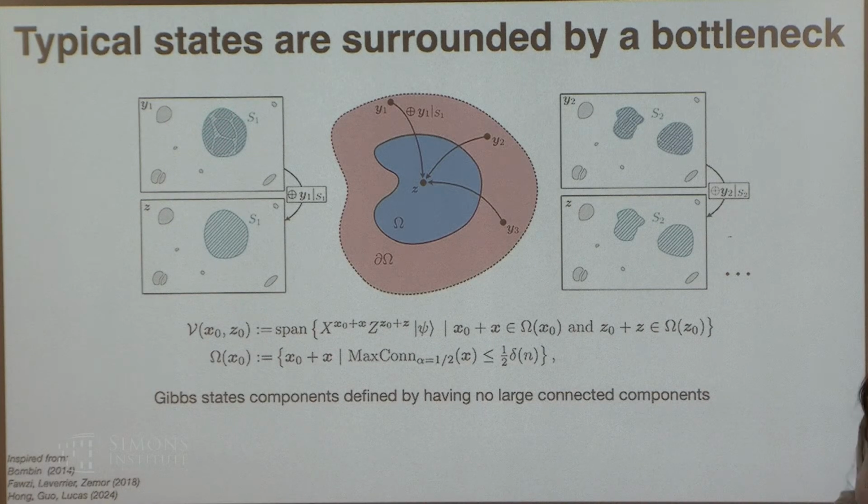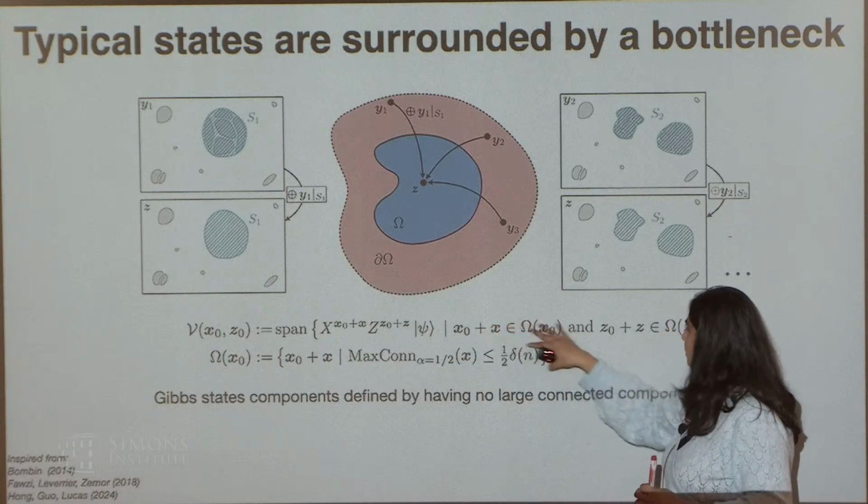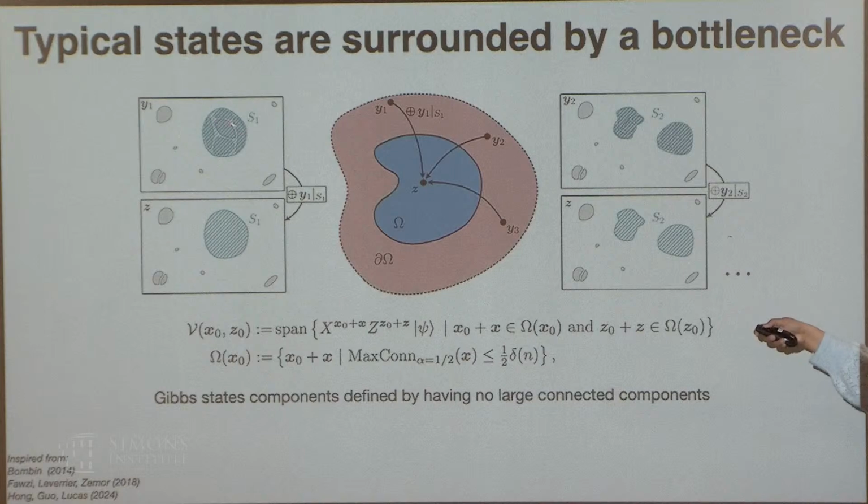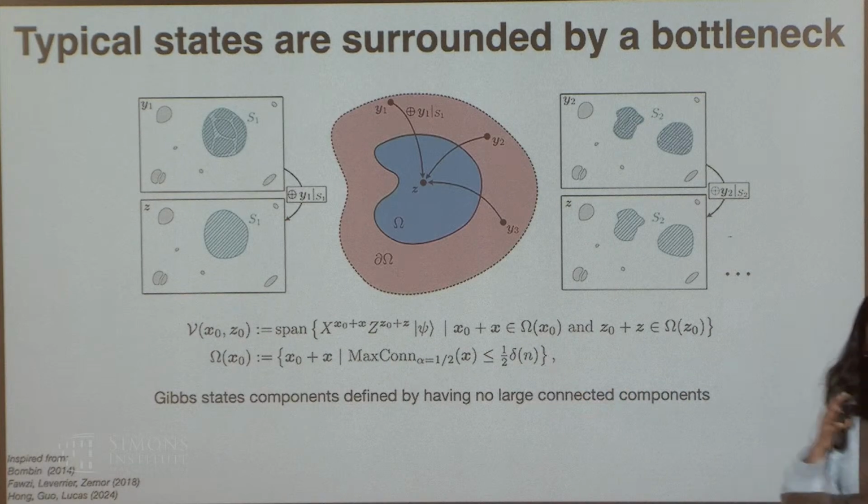Okay, yeah, I have two slides left. Basically you're saying that inside my typical region, I have everything, which are all my typical thermal fluctuations, whereas the bottleneck set is one where my fluctuations form some large blob of size delta of n, which is like square root of n. And this is very unusual, okay?